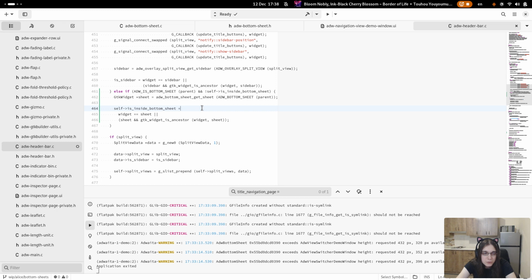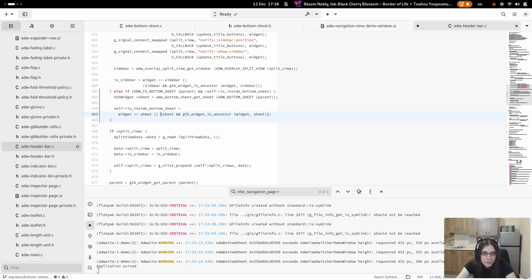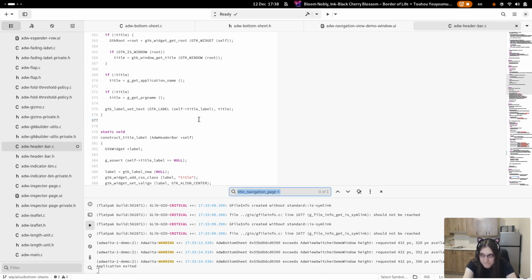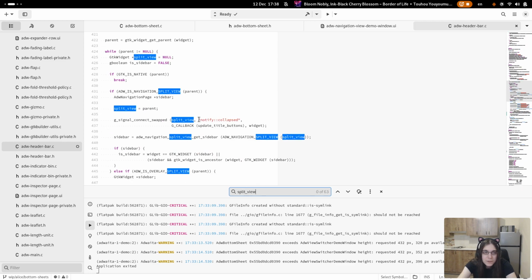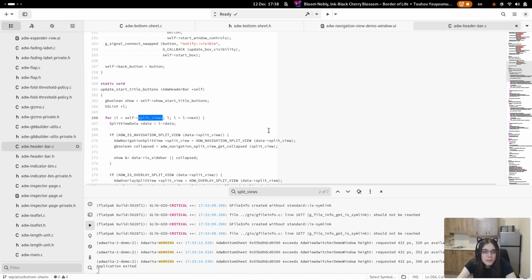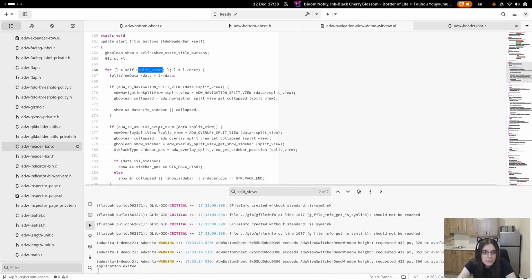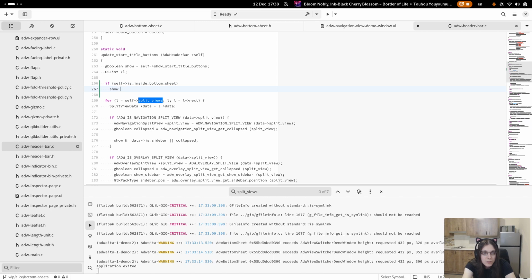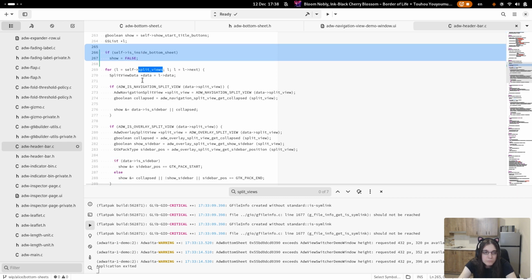I don't like this code. Well, I guess at least this. I'll think later how to refactor it. But yeah, now that we're inside it, we can. Yeah, if it's inside the bottom sheet, we just ignore the rest.